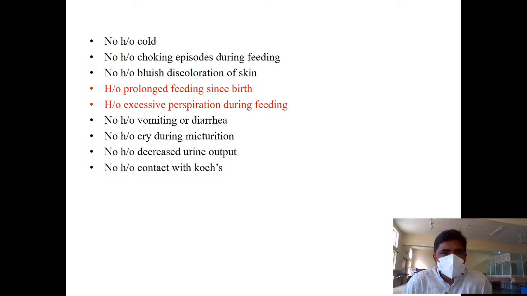Then no history of bluish discoloration of skin. So you need to elicit, one way is whether the child is having cyanotic conjunctivitis. The other way is if it is a severe respiratory illness, then the child can land up in having cyanosis. So severe respiratory involvement can also lead to cyanosis. So you need to ask for bluish discoloration of skin, and particularly these two